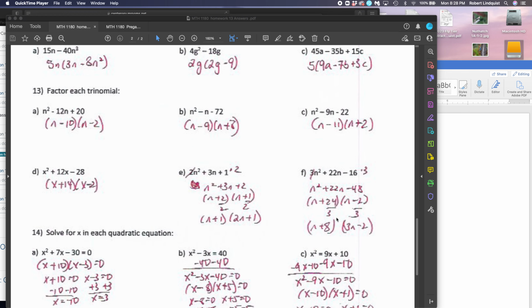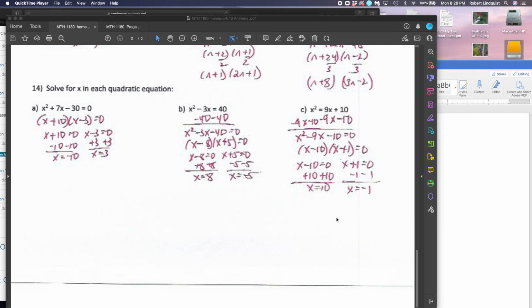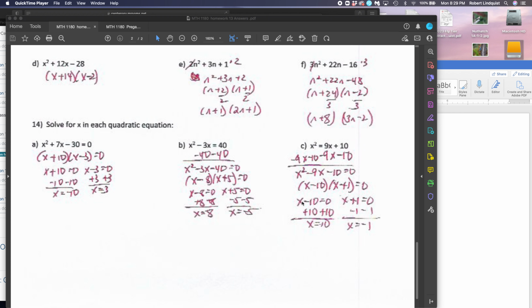Okay, so these have been homework 13 answers, but the newer material on homework 13 involved question 14, A, B, and C. It's the solution to a quadratic equation. And just remember, the whole idea is to make sure we get everything on one side, and then we factor and solve. Once again, get everything on one side, factor and solve. So that's the answers to